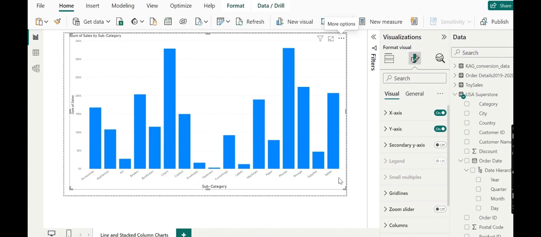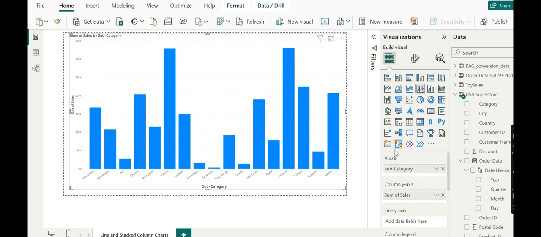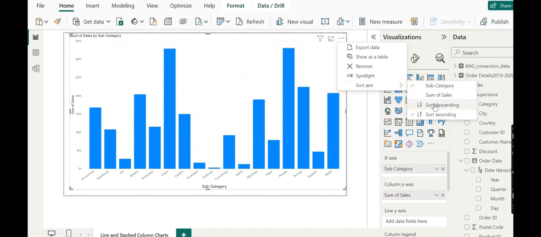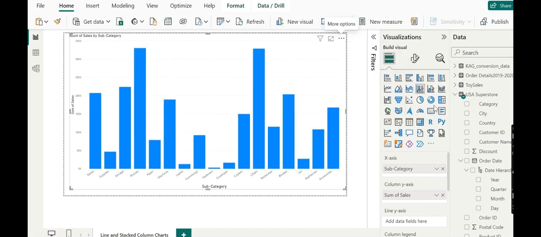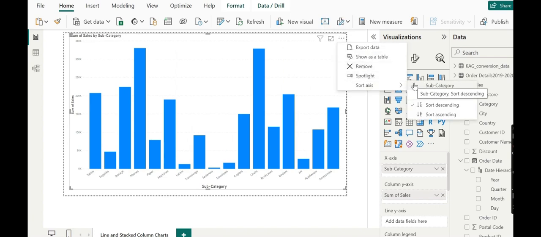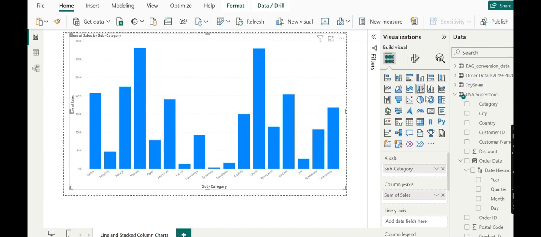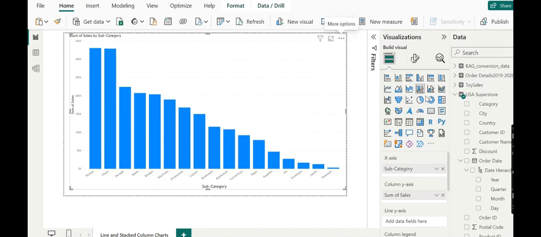So what we will do, we will go back here again. It was sorted descending, shown on subcategory I guess. So this was sorted based on sales. Now